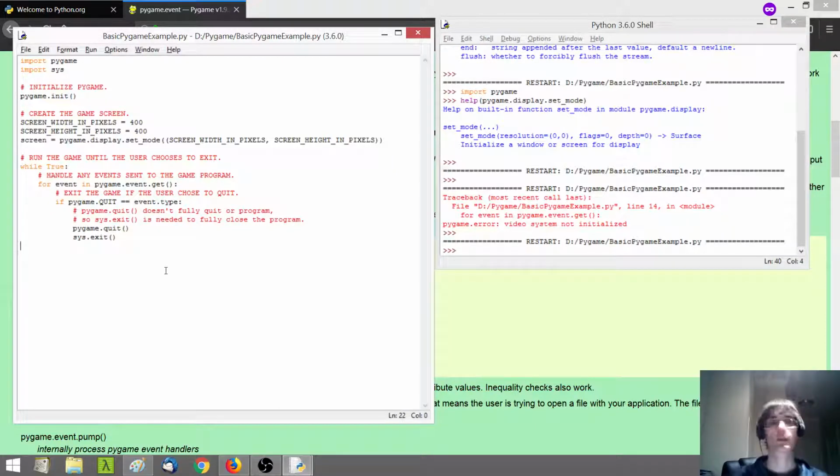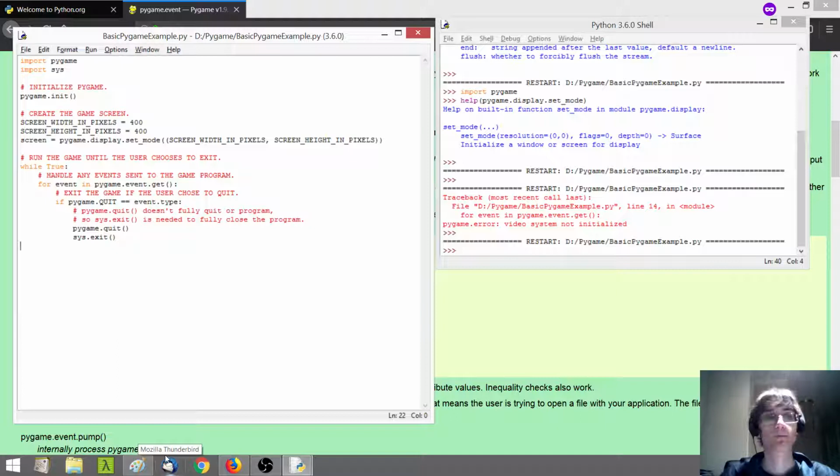So that's just a weird workaround we have to do with the way Pygame works, but you can imagine for more advanced games you might need to do a bunch of other things here before you actually shut down your game. And so that's possibly why it's done that way. Alright,